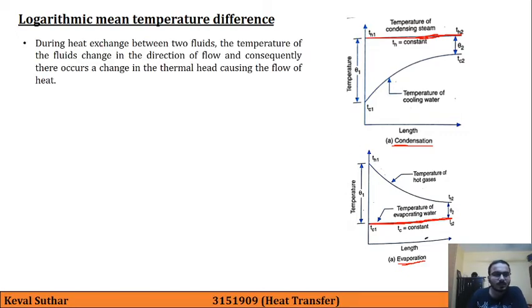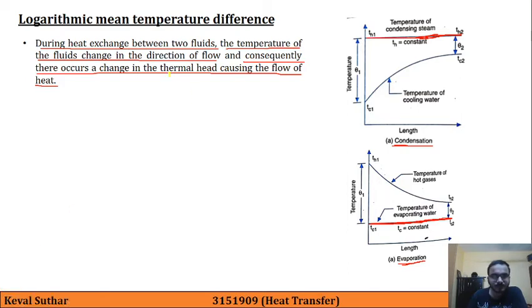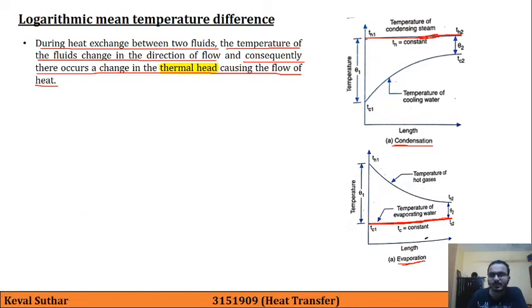Now here, during the heat exchange between two fluids, the temperature of the fluids change in the direction of the flow, and consequently there occurs a change in thermal head causing the flow of heat. So what is the meaning of this thermal head? We can say thermal head or thermal potential or temperature potential. What is the meaning of this? Here the difference between the temperature of two fluids, that is this difference theta 1,